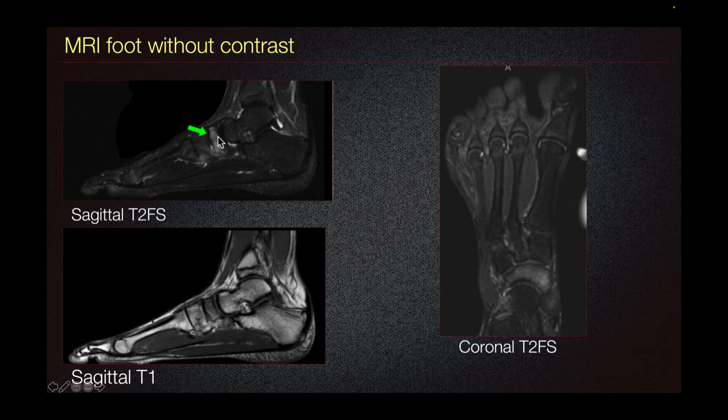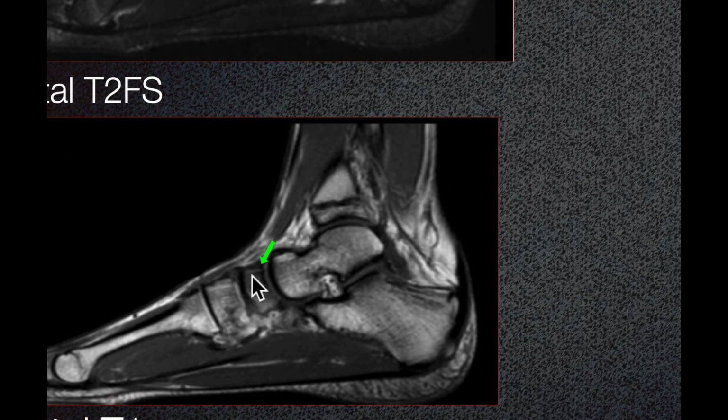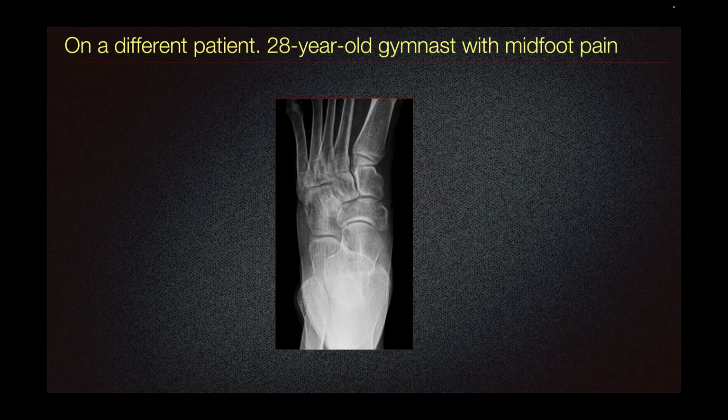signal of the navicular. And on our T1, we may see this hypointense band. In the coronal imaging, we can see again this edema signal in the navicular with small linear hypointense band consistent with stress fracture. This is on a different patient, a 28-year-old gymnast with midfoot pain, showing that in most